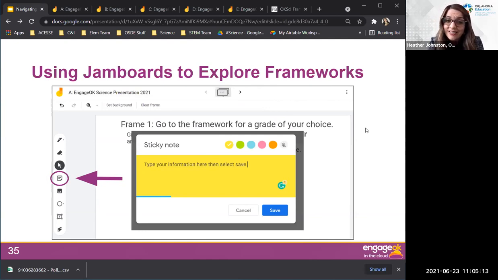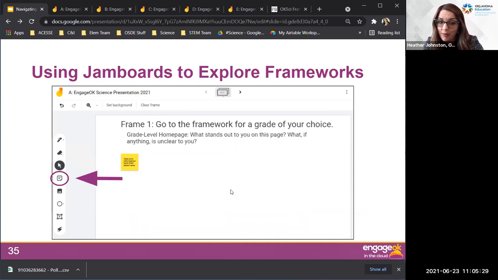When you select that, a sticky note does pop up. You can type in your information and then you will select save. This sticky note image though stays there until you hit cancel. But when you hit save, what you will notice is an image will pop up in the background. That is where you'll find your sticky note, and then you can actually move that all around. If you want, there is also a pen option. Say someone else wrote something that you agree with. You can use the pen as like a check mark next to it.